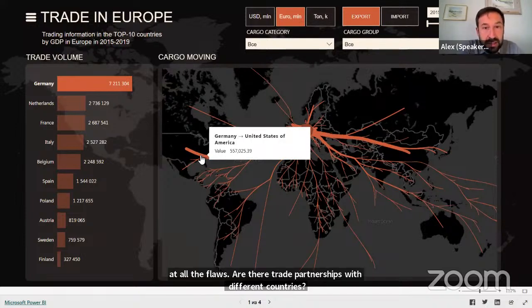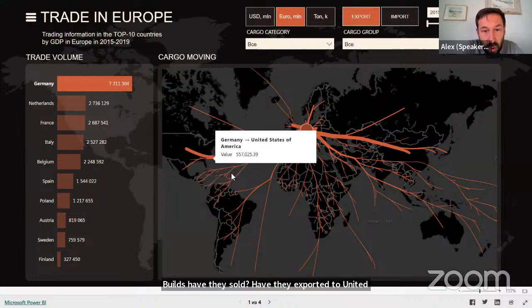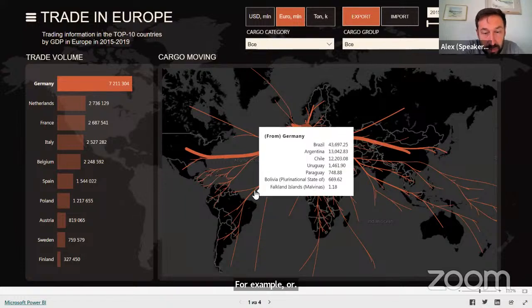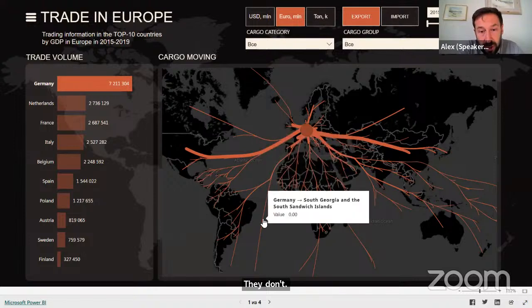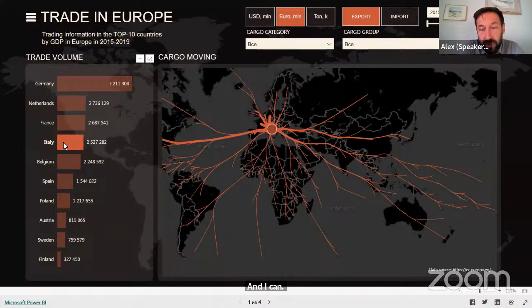I can see how many goods they have sold, have exported to the United States, for example, or this flow will show me data on Brazil, Argentina, Chile, so South America, and South Sandwich Islands.